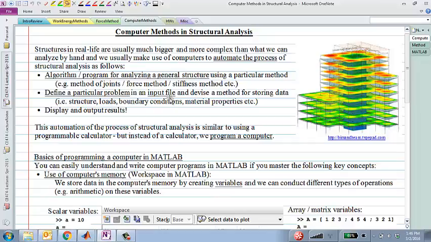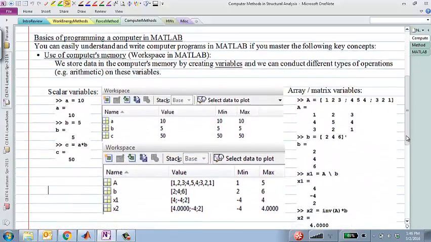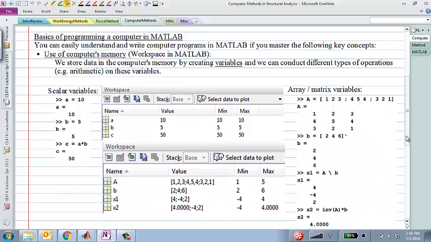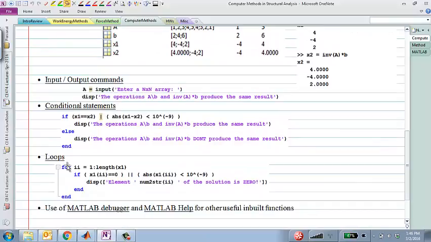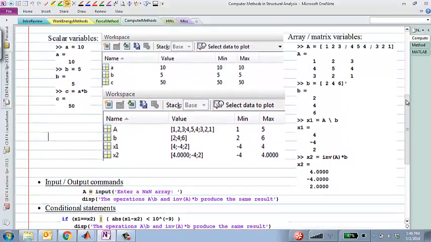Okay. And last time I had just barely started introducing some basics of programming in MATLAB, and I mentioned that if you are able to master certain basic skills in MATLAB, then you can pretty much understand and code in any programming language, not only MATLAB. More than 90% of all computer programs are these two things, conditional statements and loops. If you follow how they work and how you can combine them and mix and match, you can understand most any code. Okay. So let me first begin with